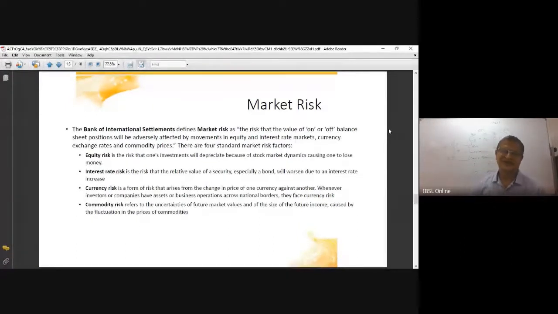So we are on the slides of market risk. Now, I gave an explanation of what it is. Our investment in the market constitutes your investment in stocks. So we invest in stocks in order to see the stock prices go up and make a gain. But if stock prices go down, it will end up in a loss.